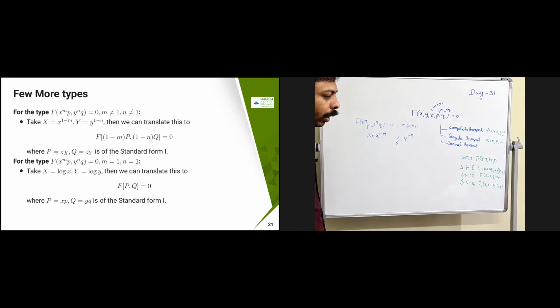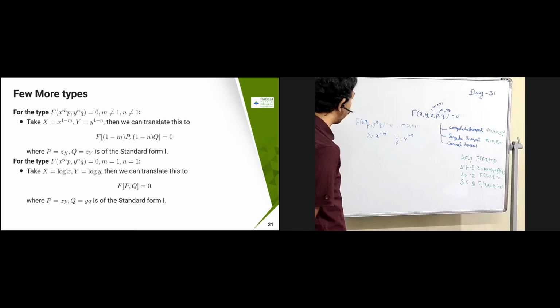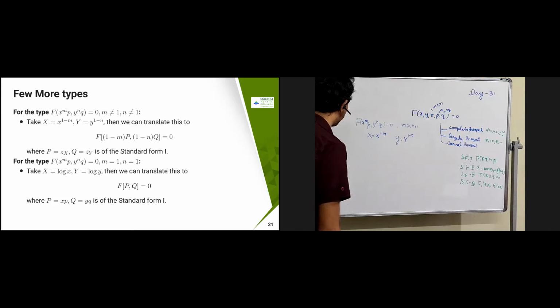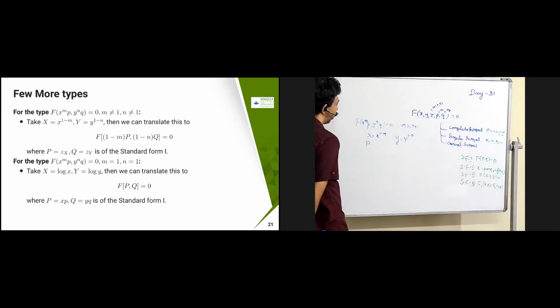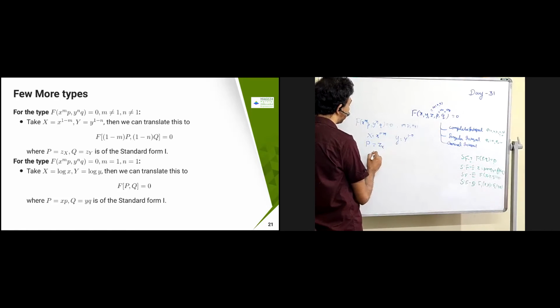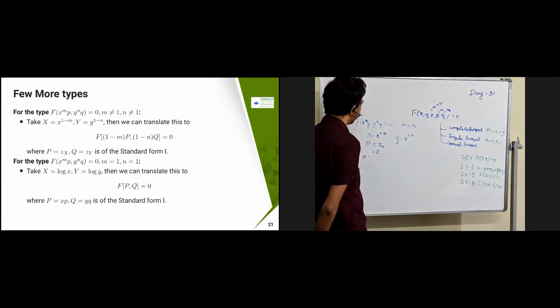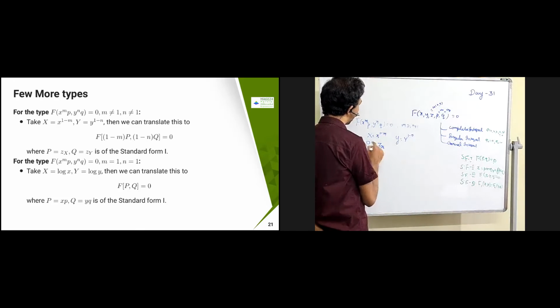If you substitute this, then what are you going to get? If I just differentiate with respect to x and y, p is going to become z_x, so z_x is going to become capital Z_X into X_x. If I want to find p, that is z_X into X_x, because I have it like that over here. So I'm just going to call p equal to capital Z_X.